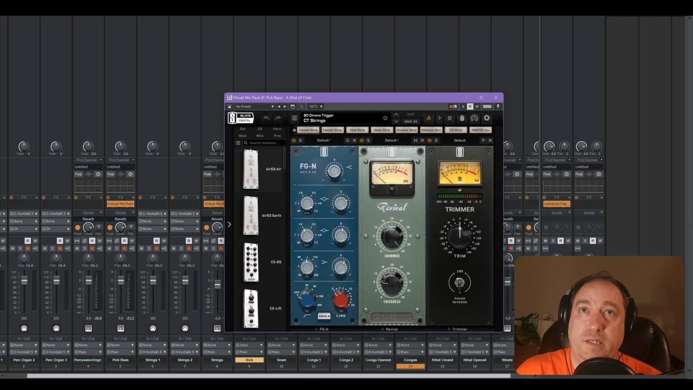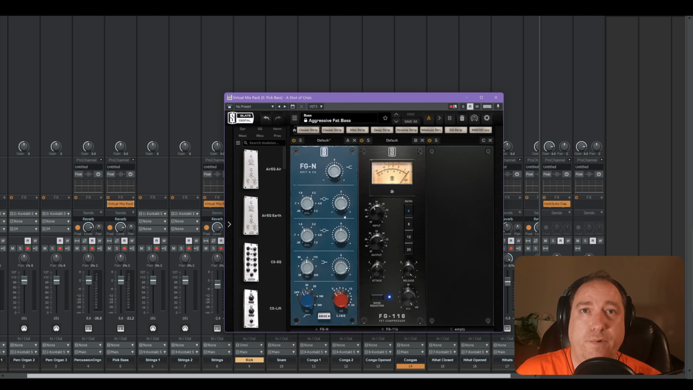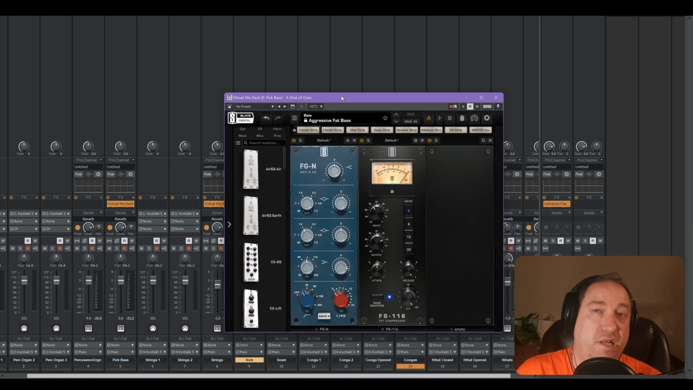Now I got a pick bass. Typically on the fingered bass, I would use the preset called warm bass, warm present bass. But with the pick bass, I use either the aggressive fat bass or the fat bass. The reason is because it kind of accentuates the mid range instead of the low range. If you listen to the original bass sound, not a lot of low end in that, right? The idea here is to accentuate just above the low end, the compression going,